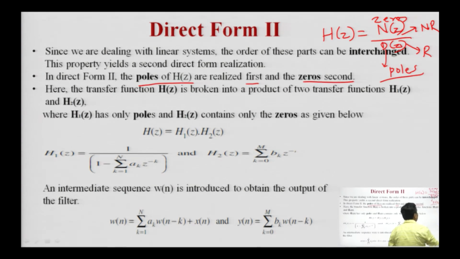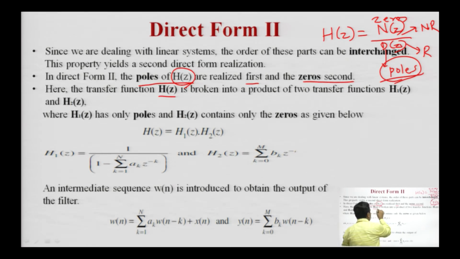So in direct form 2, पहले हमको realize या arrange करना है poles को, और फिर zeros को. तो वही बोला गया है, direct form 2 में H(z) में जो भी poles हैं, जो denominator के part से मिलेंगे, उनको पहले रखना है और after that you have to keep your zeros. So that will be direct form 2 structure.